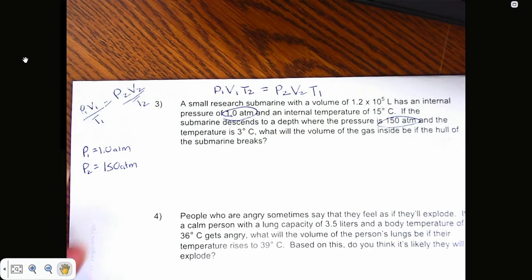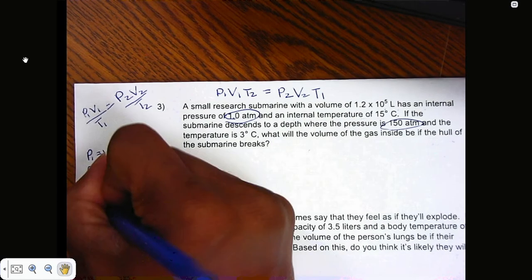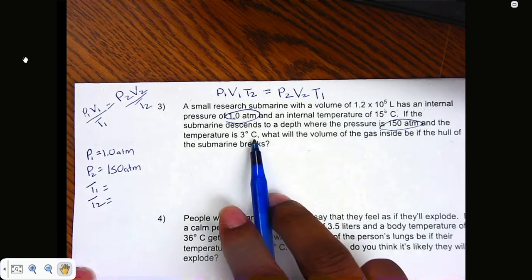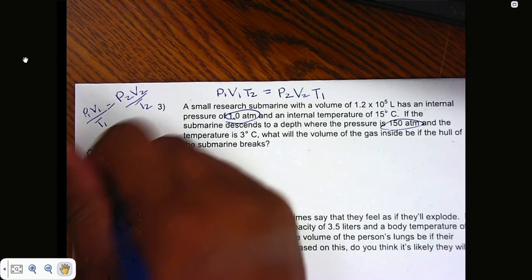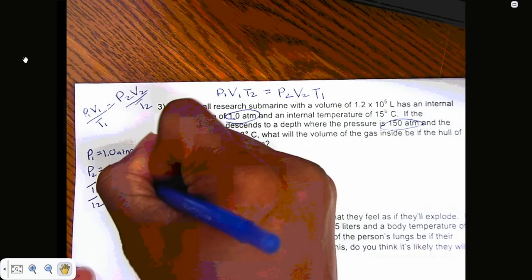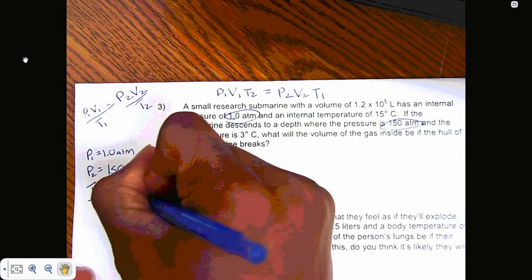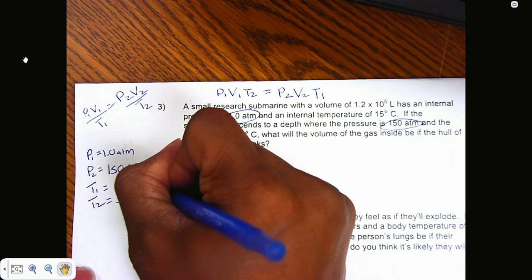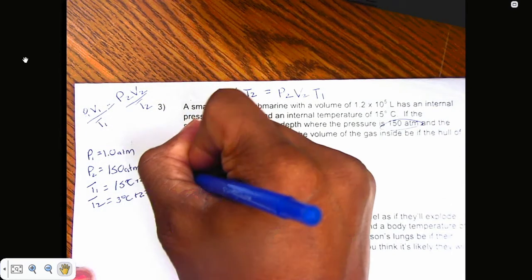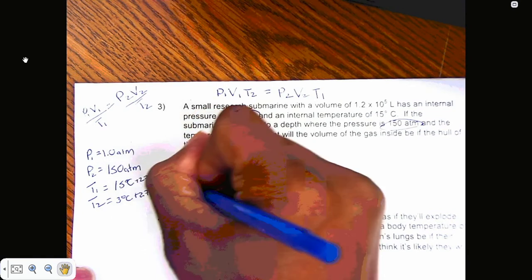Next, I'm going to look at my T1 and T2. My T1 and T2 are equal to 15 degrees and 3 degrees Celsius respectively, which I'll go ahead and convert to Kelvin by adding 273 to each of them, which roughly ends up yielding 288 K